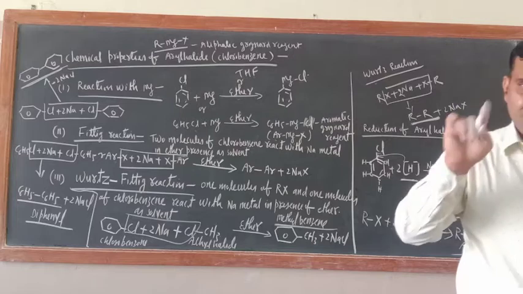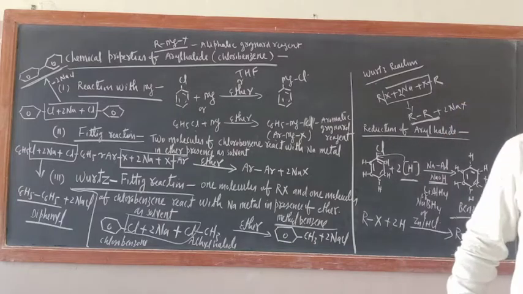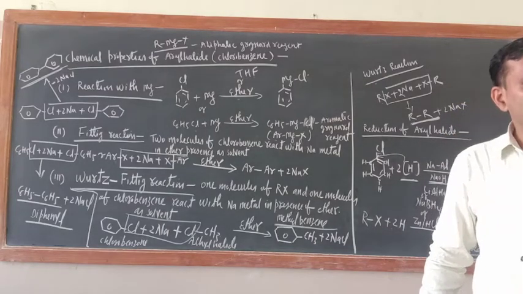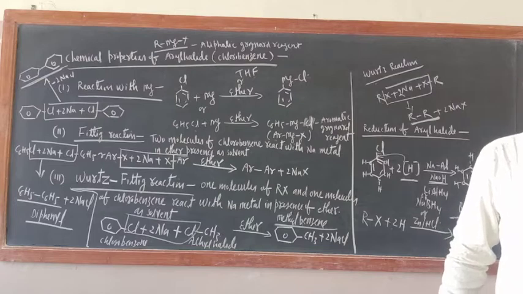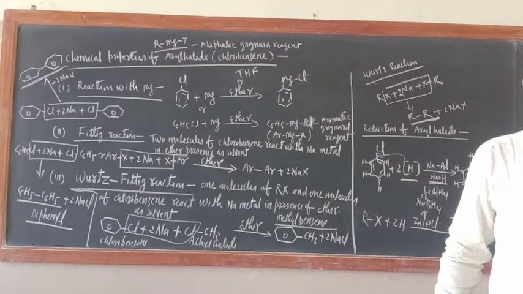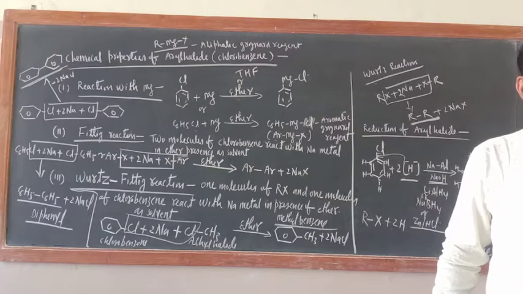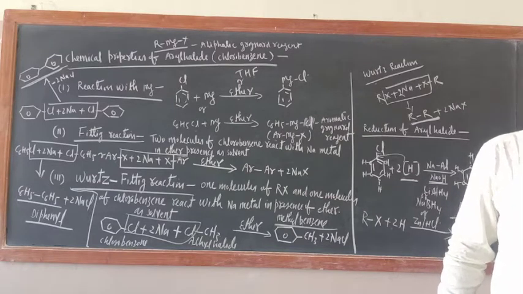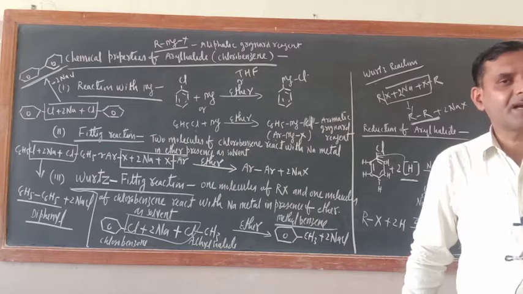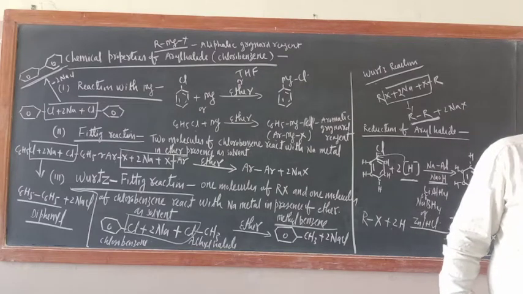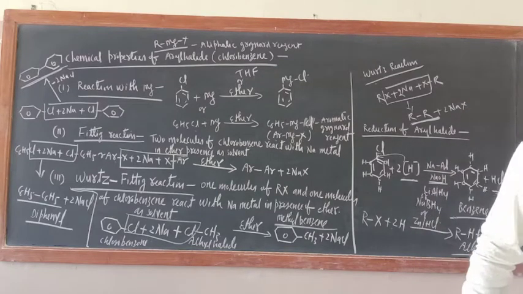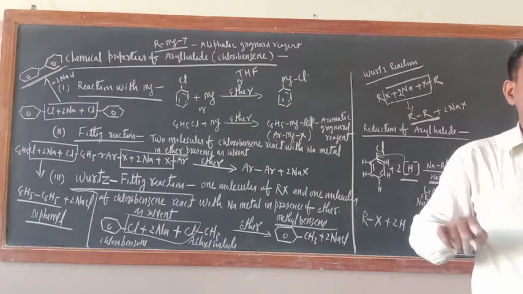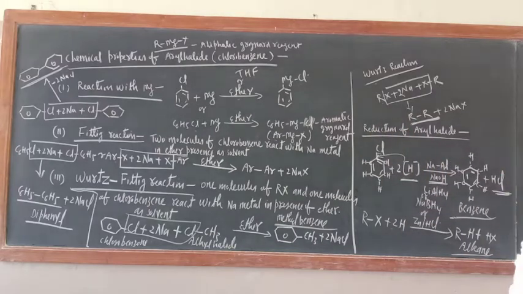As far as nucleophilic substitution reaction in chlorobenzene is concerned, that would take place, but only when electron withdrawing groups are present in the ring, especially at ortho and para positions. If electron withdrawing groups are present at meta position, then the rate of nucleophilic substitution reaction will not be more. So remember, now next is electrophilic substitution reaction in chlorobenzene.